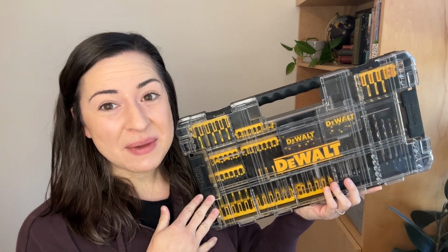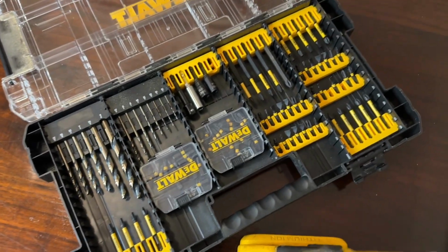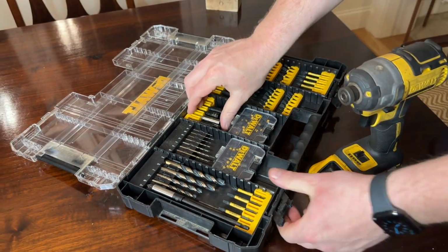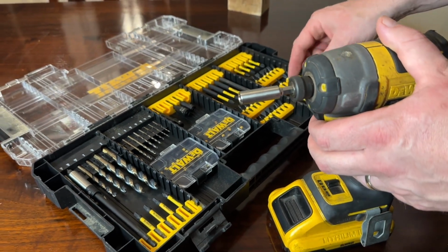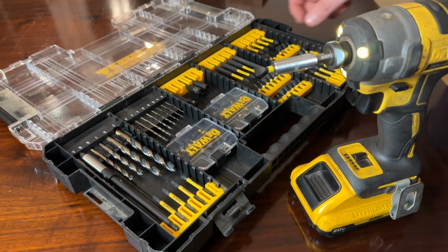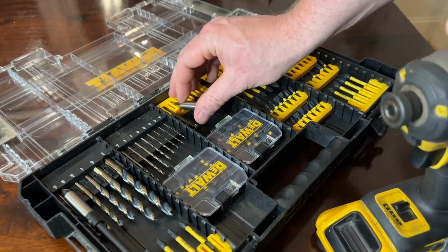Do you want to be prepared for any job? Check out this super complete set of DEWALT FlexTorq bits. So this kit is awesome because it is a 100-piece set. There is a huge variety of bits in this case, and the case keeps it really well organized and keeps these bits really protected. So this is an awesome set to use with your DEWALT impact driver, and these are